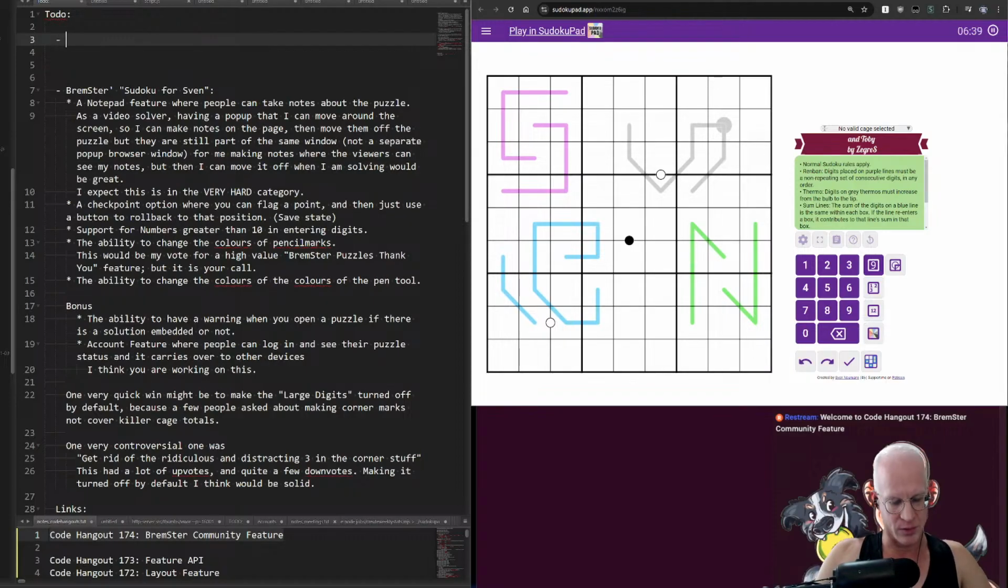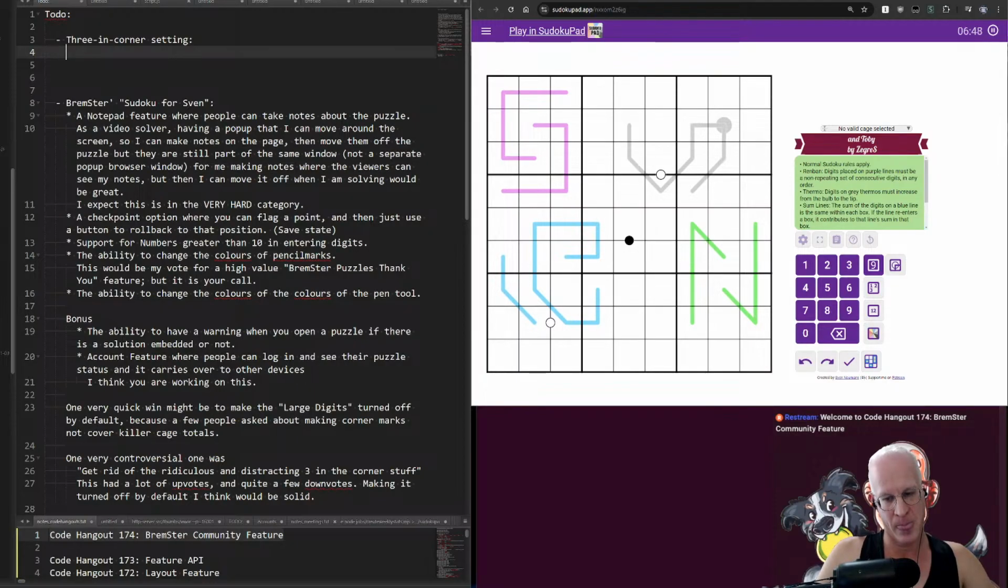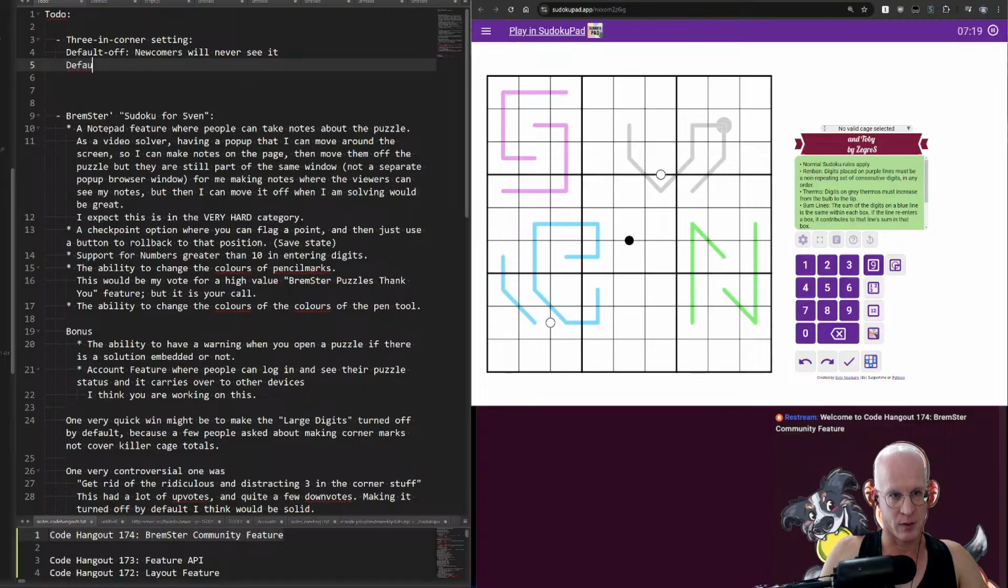So 3 in the corner. So the 3 in corner setting. My thoughts on this is that if I default it to off, nobody will ever see it, because newcomers won't know to switch it on. While if it's on by default, then advanced users who are bothered by it are more likely able to switch it off if they don't like it. So default off, newcomers will never see it. Default on,